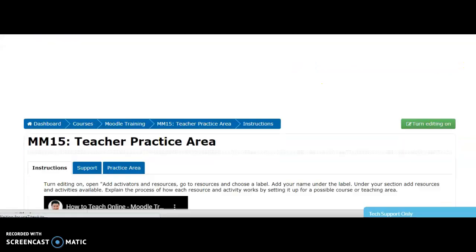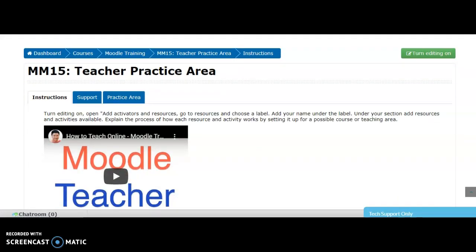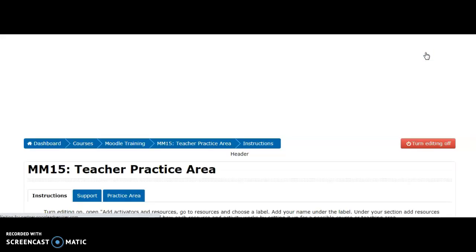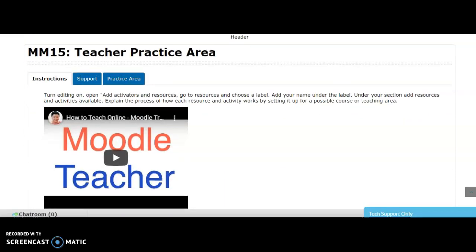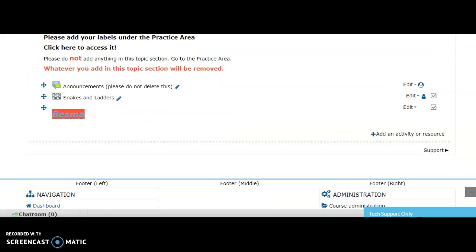You just click on that, and you will see this page, Teacher Practice Area. Now you have to turn the editing on first. Once you have done that, go down the page and click on add an activity or resource.